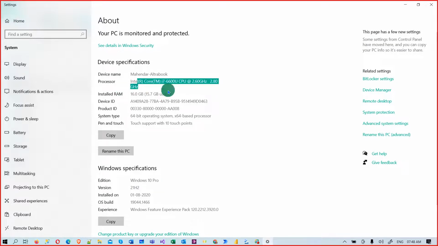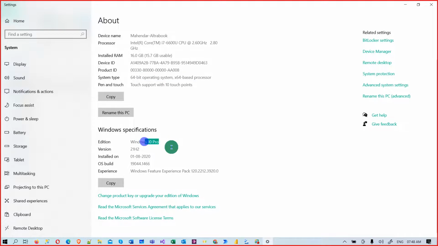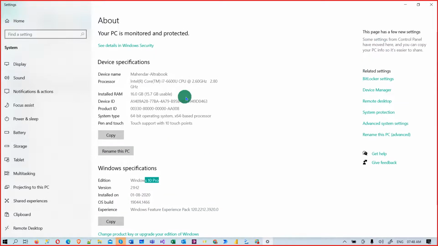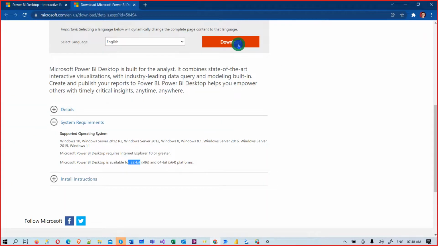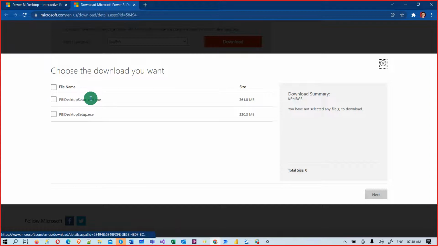What is your processor? What is your RAM? What is your system type? Mine is touch screen. I'm using Windows 10 Pro, and you do not require that. You at least require an i3 processor and at least 4 GB RAM, and it can work with 32-bit or 64-bit. But why am I talking about this? Because when you click on download, it will ask you whether you want